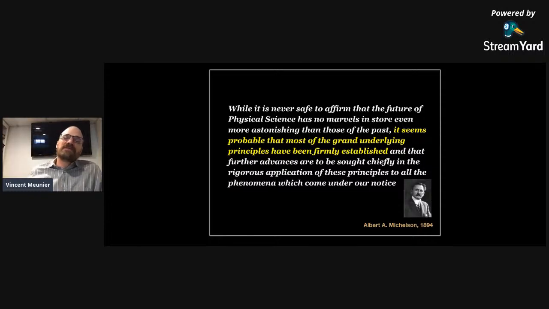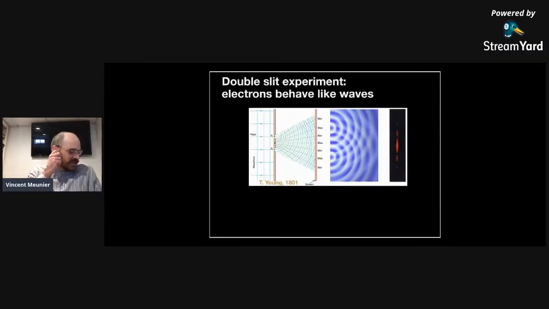And so one of the first experiments that showed that this was indeed the case, that clearly in 1894 the science could not explain a lot of experimental findings, is related to this experiment. Of course, this experiment from 1801, which is the Young double slit experiment. This is an experiment done with light. This is not a quantum mechanical effect.